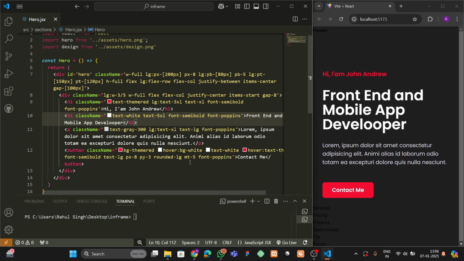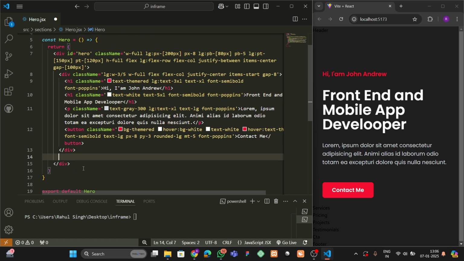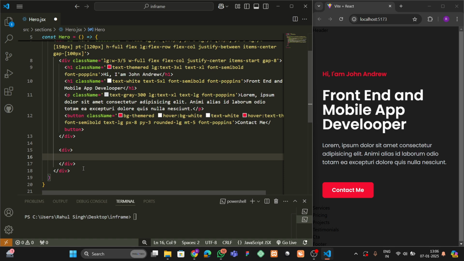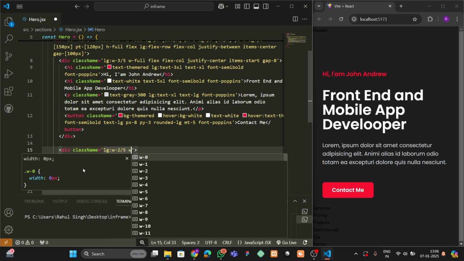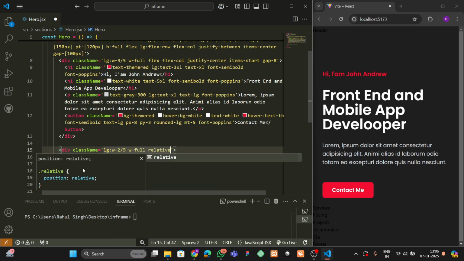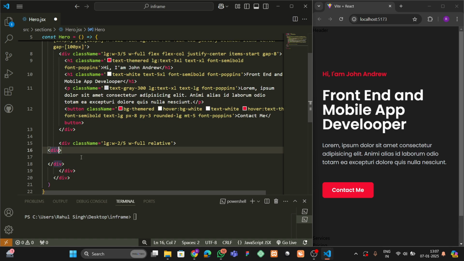Okay, now what we can do, we have to go outside this div. Then here we're gonna add one more div which is for the image. So let's go here, and here we're gonna add width would be 2 by 5 and relative. Okay, this is the class, and after that we have to go inside this. Let's add a div. So we can go here, and here we can write BG, and here we're gonna use a custom coded color